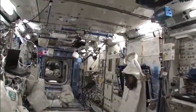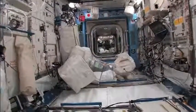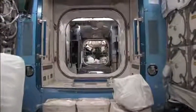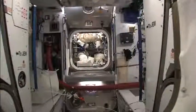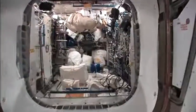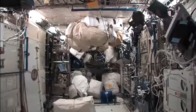And we're going to head out of the gym, coming up on that node I mentioned. And on the other side of the node is the Columbus module. We'll just take a quick look inside there. You can see here it's crowded like everything else. These resupply flights, as they call them,